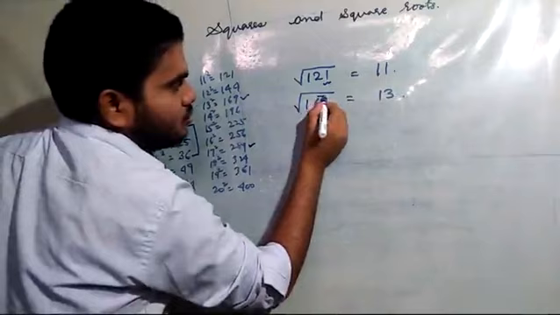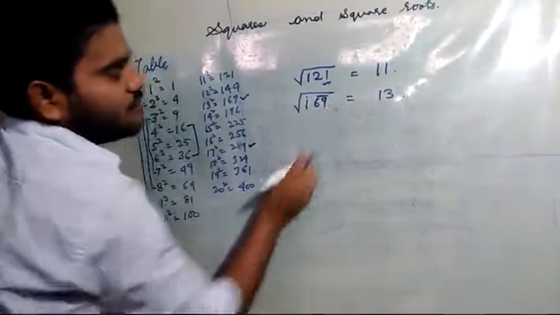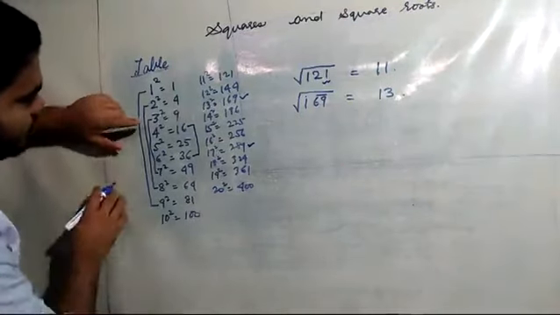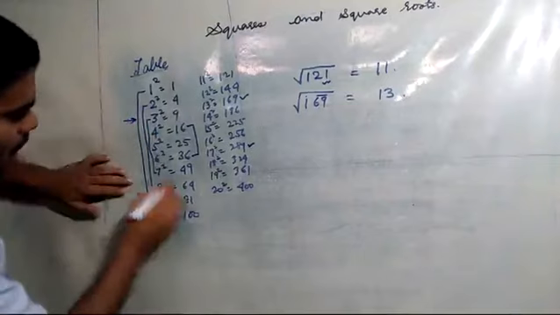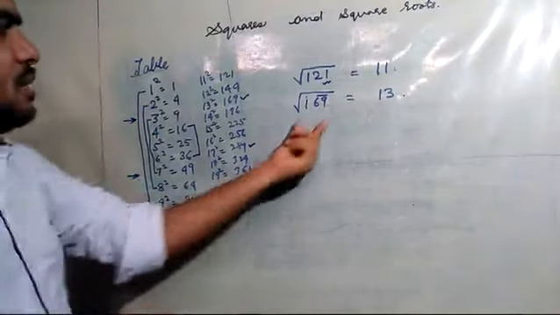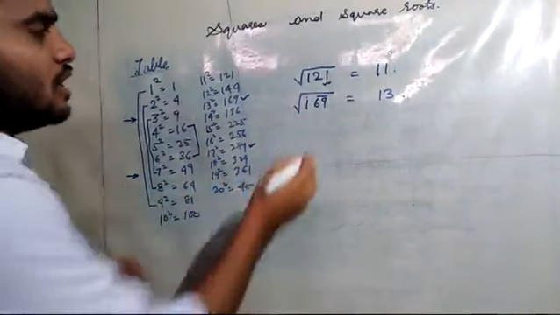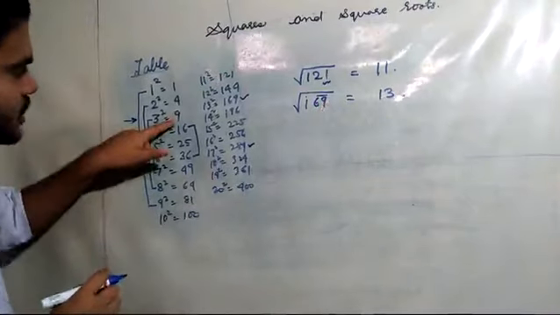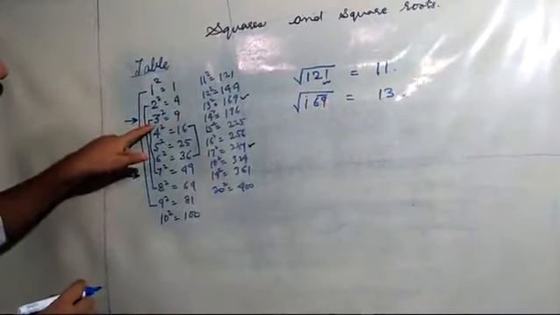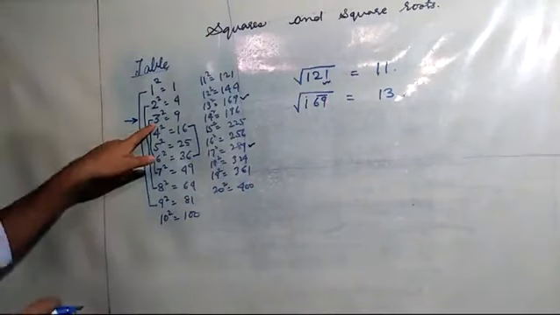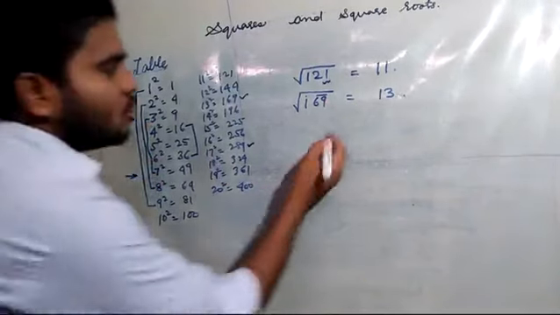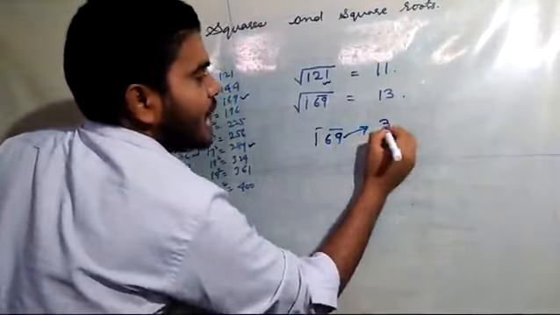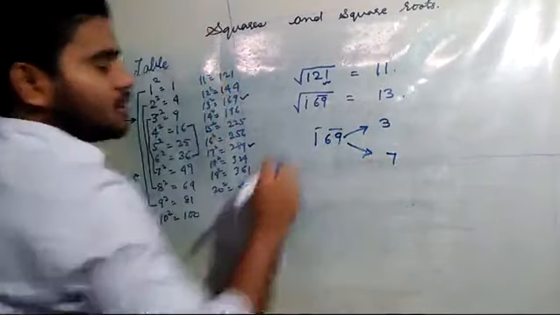Now let us make a pair of 2, and then this number 1 will be left. Now when we see the unit place 9, the unit place will be either 3 or 7. That means the unit place of the square root of 169 is 9, and if we see, it may be the unit place 3 or it may be the unit place 7. So I understood. Let's take them separately. For this, the unit place will be either 3 or 7, either of these two.